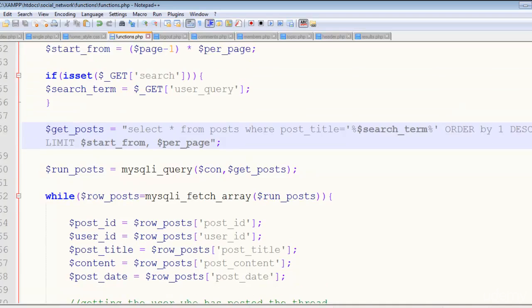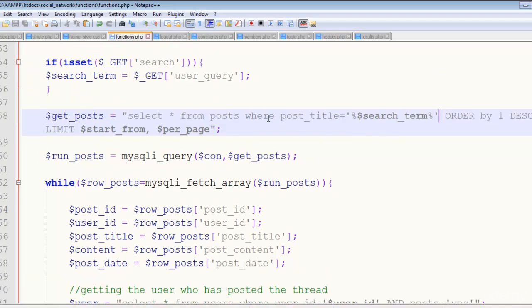So really easy and really simple to use. We have changed this thing, and this will now bring the results, and we are running a while loop to repeat the data if we have more than one post for that specific keyword. So let's check now. Control S to save,